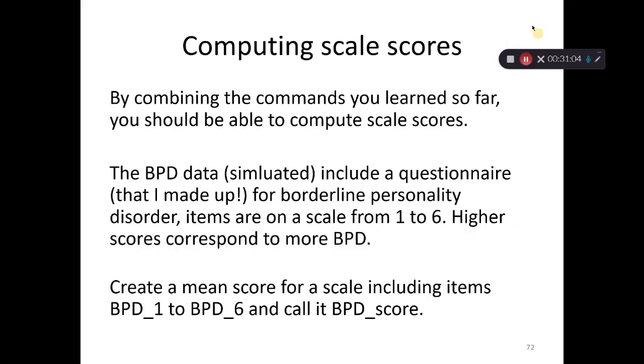Now, we can check with what we learned so far. It's not difficult to do many things, like, for example, computing scale scores. You have a data set, you collected some items that are part of a scale. In this case, for example, a borderline personality disorder scale, and you want to compute a scale score by averaging those